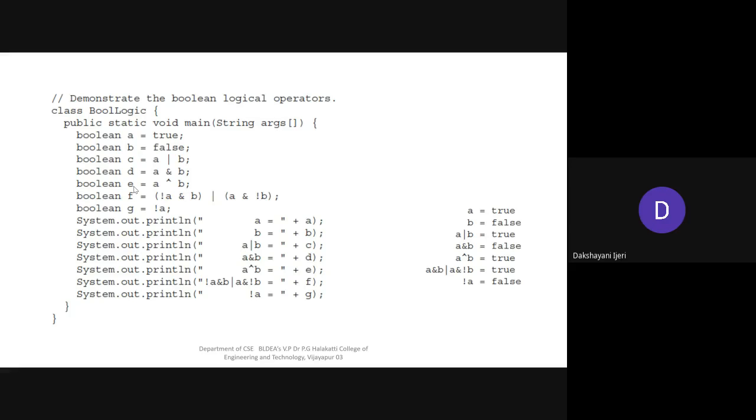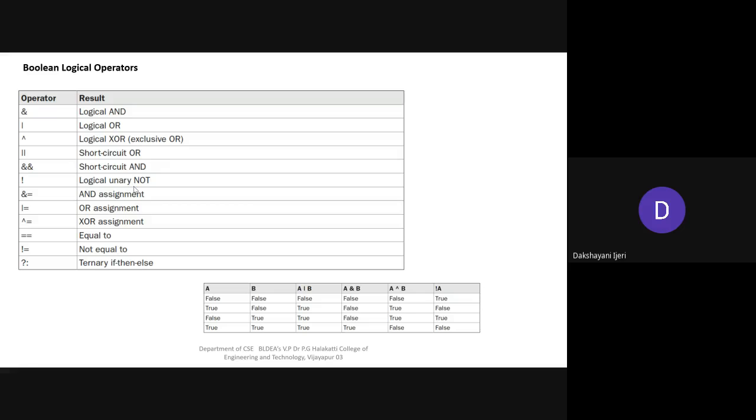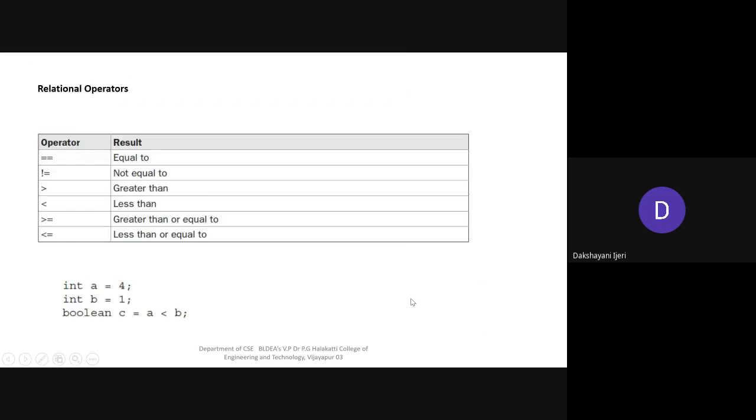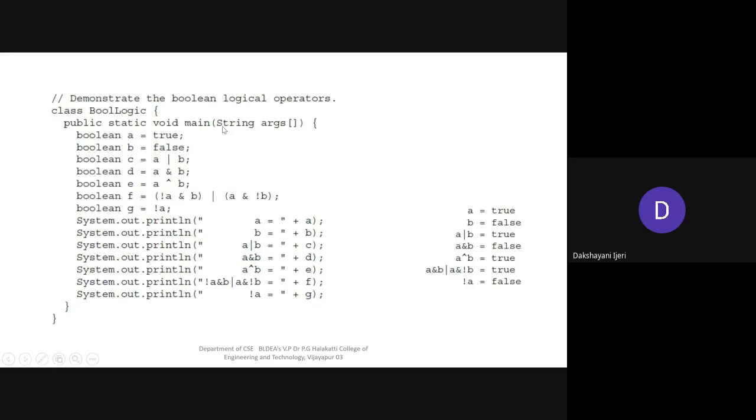It is true, right? So I hope you remember the exclusive OR. How does it work? If both values are the same, only at that time it will give the result as false. In the rest of the cases, it will give the result as true. Okay. So in this case, to this F expression, just tell me what is done.